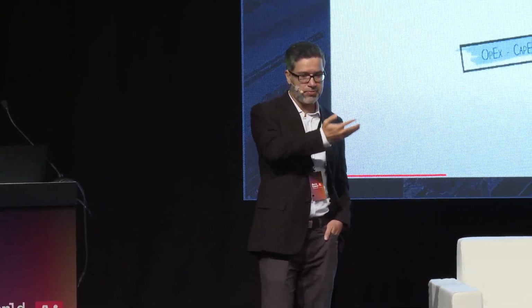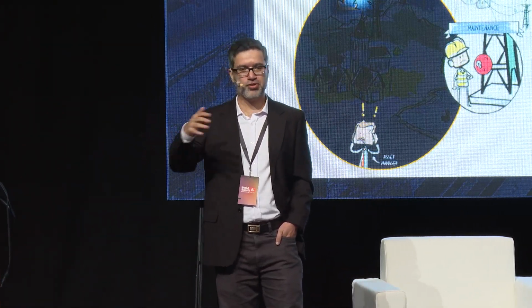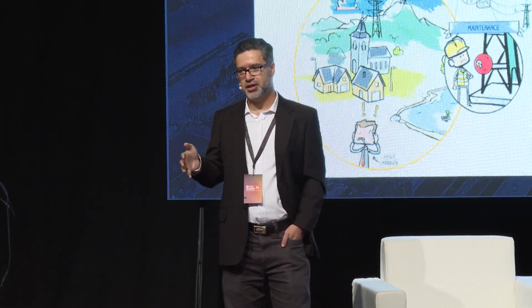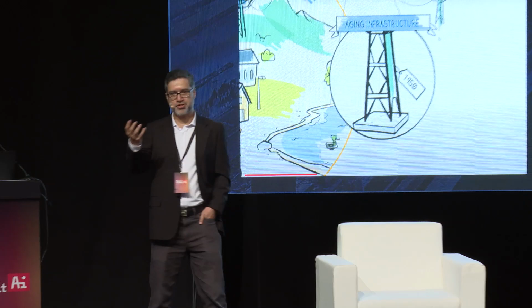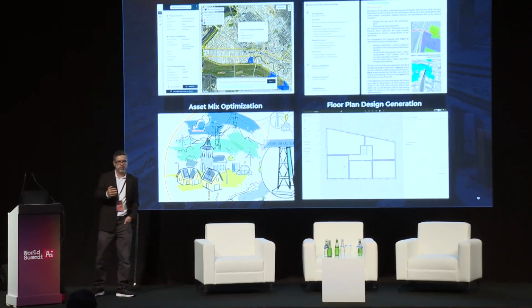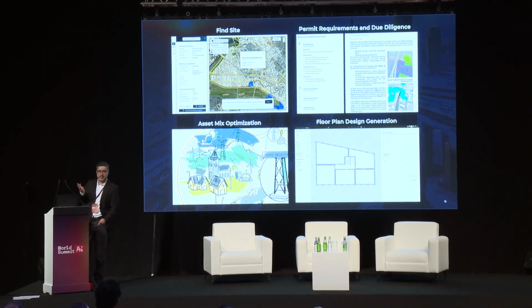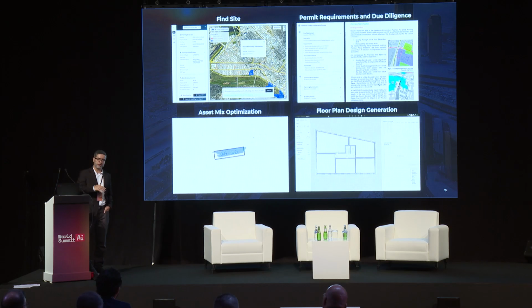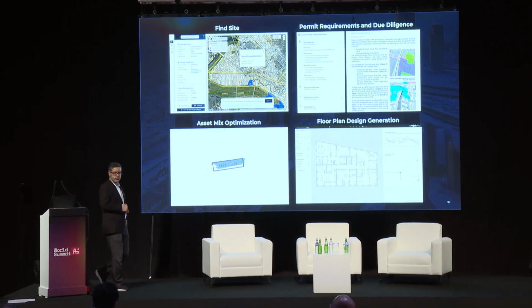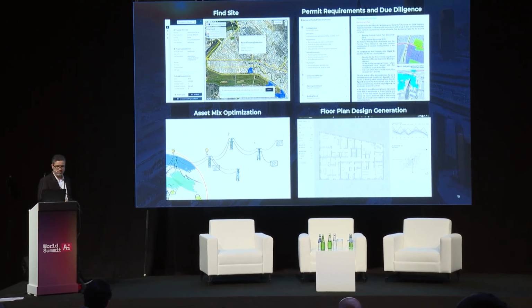And another thing these applications can do is sentiment analysis. Meaning, depending on the locality, in some localities you can see the approval process takes much less time because of the leniency of the regulators. In some areas it can take significant time. So due diligence is an example where you can review the permit requirements, you can see the sentiment and decide whether it is a good investment to invest in a certain area, or you should look in the other areas.